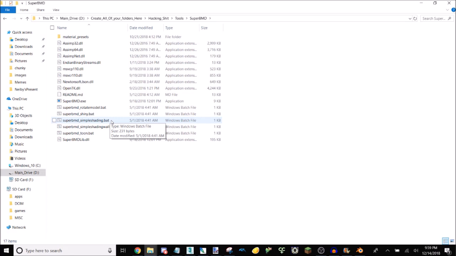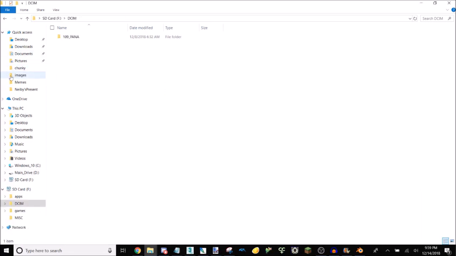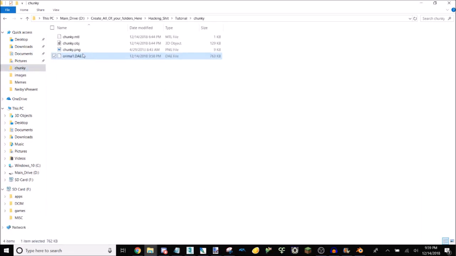But just in case this doesn't work and using simple shading is a bad idea, you're gonna want to just drag it onto SuperBMD directly instead of using one of the shading presets. But since I'm going to do that little experiment, we are going to test out the